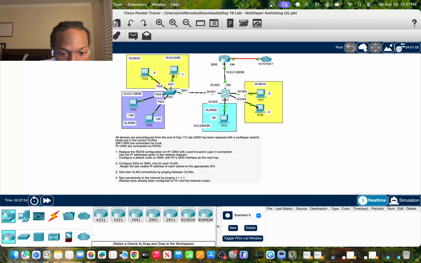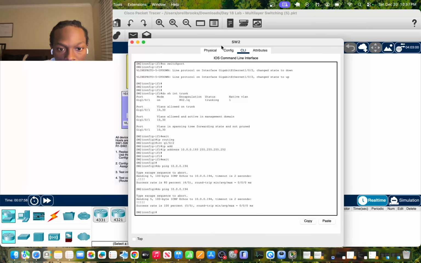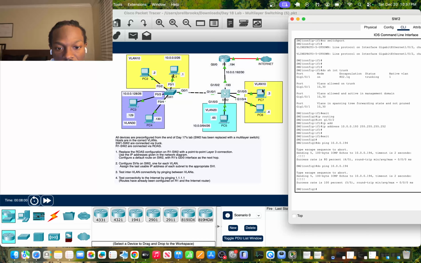Configure a default route on switch 2 with R1's G0. Okay, we can go ahead and do the default route. We'll do that now. And this just allows VLAN 10, 20, and 30 to make their way to the internet if need be. So we're gonna do an IP route, and a default route is just